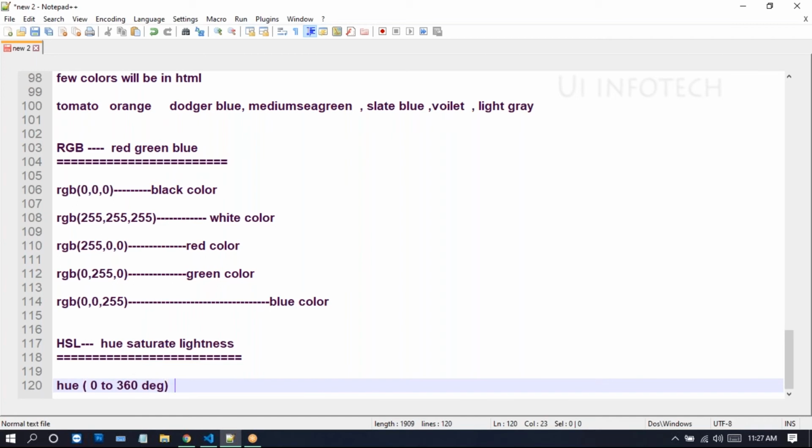Hue is calculated with degrees. So the hue color will be calculated using degrees, from 0 to 360 degrees.